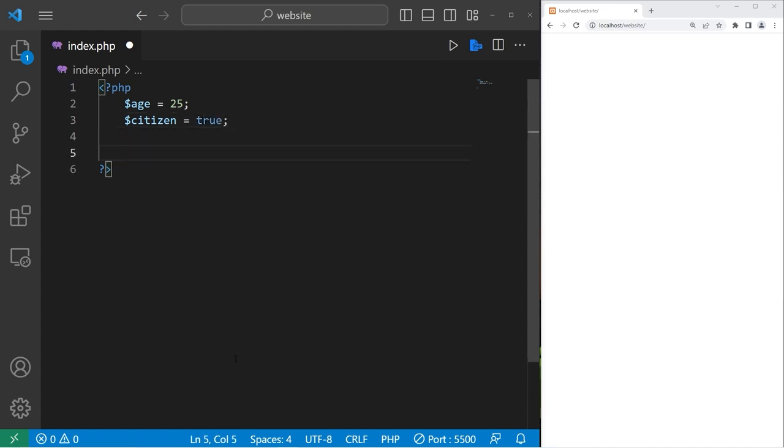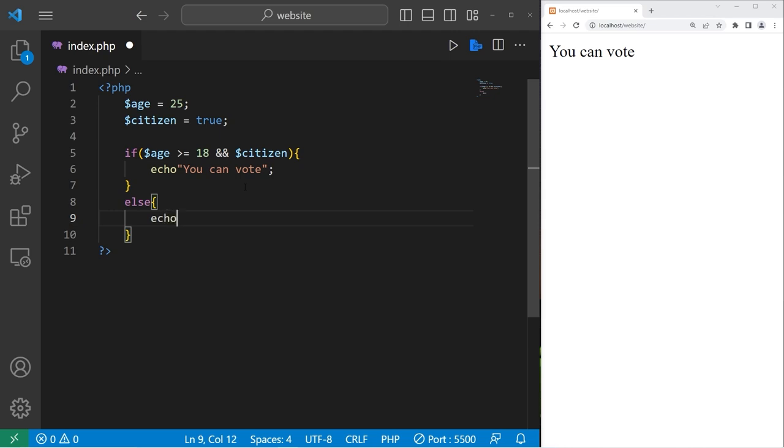We're going to use the AND logical operator to see if we can vote. So with an if statement, if variable age is greater than or equal to 18, I'm in the United States. In order to vote, you have to be at least 18 years old. If we're at least 18 years old, and we're a US citizen, then let's echo "you can vote." In my example, I'm 25, I'm a citizen, both these conditions are true, that means I can vote. Else, if one of these statements wasn't true, then let's echo